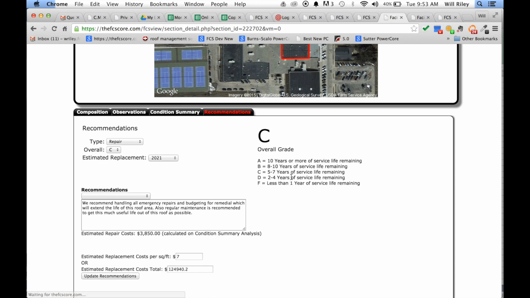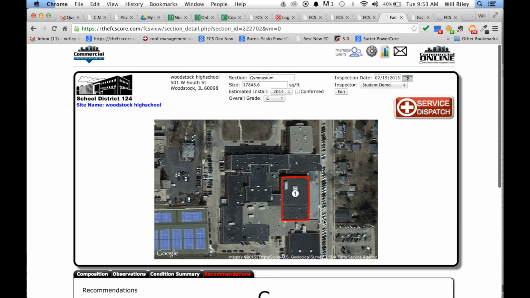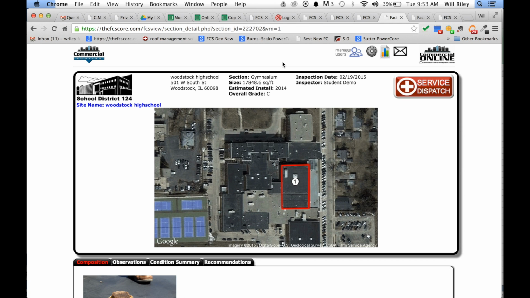And lastly, we have Recommendations. Recommendations is where we can really spend some time to craft a thorough recommendation and update the estimated replacement cost per square footage, or even just affect the overall replacement cost. After you're done making changes, click back into view mode and preview your report to make sure that all the